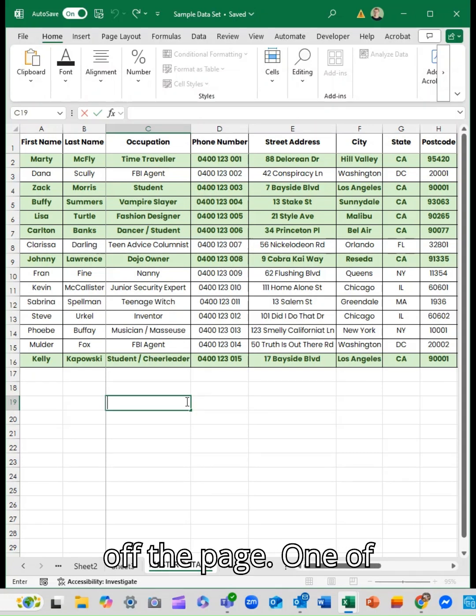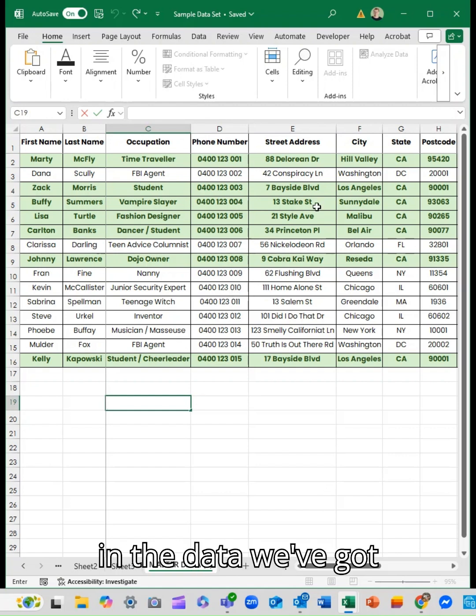Today's top tip is about using conditional formatting in Microsoft Excel to help your data stand off the page. One of the ones that I love is, yes, we can do conditional formatting where we can specifically ask it to do something based on a cell, but quite often we're not working with an individual cell. So I wanted to show you a function that I use within conditional formatting, the formula I use to make sure that when the data changes to a specific trigger, it will allow my conditional formatting to highlight the entire